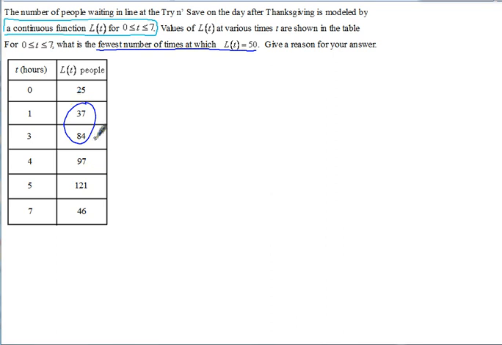Is 50 between 84 and 97? No. Is 50 between 97 and 121? No. Is 50 between 121 and 46? Yes. So your answer here would be twice. There are two separate intervals where the number of people waiting in line, which L of t represents, is equal to 50. So L of t equals 50 at least 2 times,